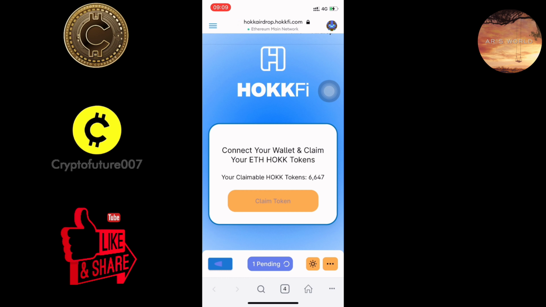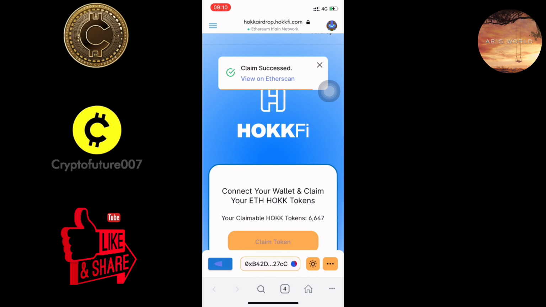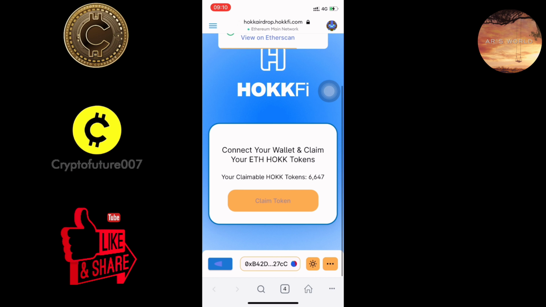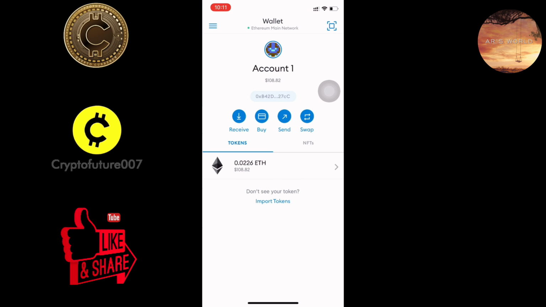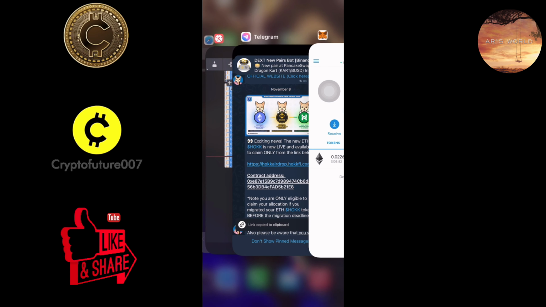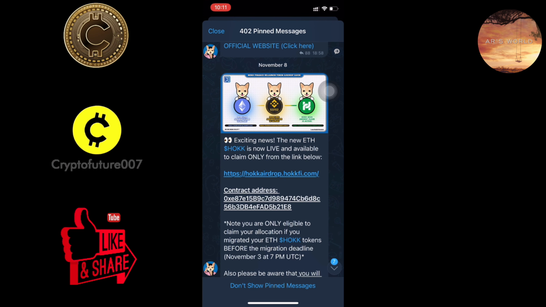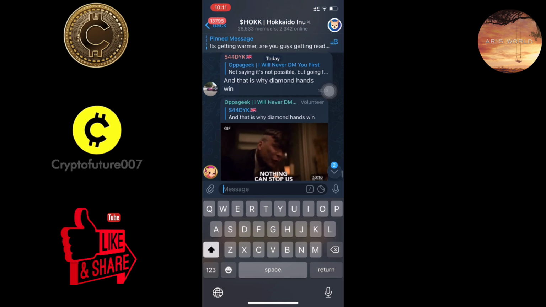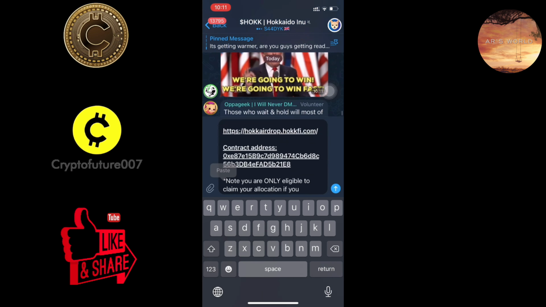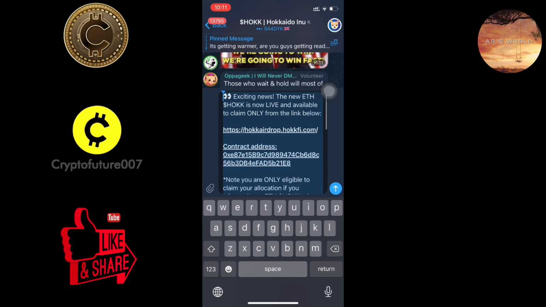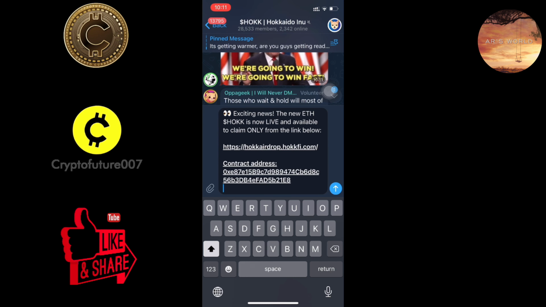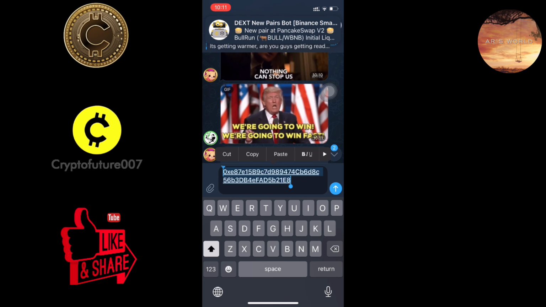Once your transaction is successful, you can go back to the Hokk group and copy the contract address of Hokk Ethereum network. Make sure you always get the address and the contract address from the Hokk Telegram group in the pin message. Don't just copy paste anything anyone sends you. It can be a scam. So once you copy the address, you can come back to MetaMask